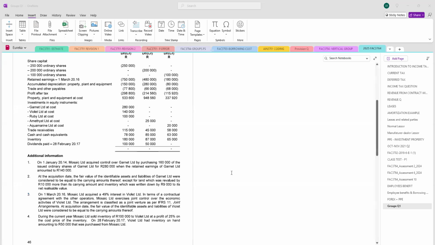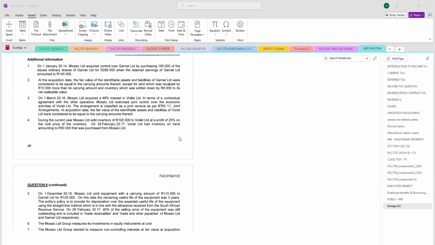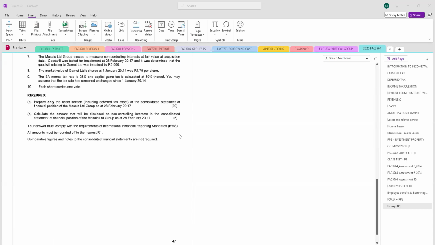Like I said, guys, groups is a huge topic, a very huge one. When I realized that it is part of assessment three, I was like, whoa, what? Because it is a huge topic. But the good thing is we are not new to it, so we can build on it easily. On this question, if I go to the required section, it says